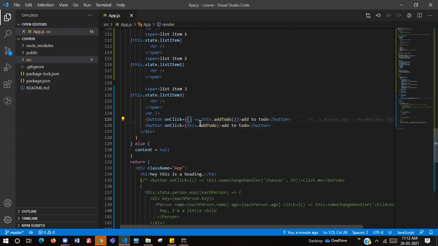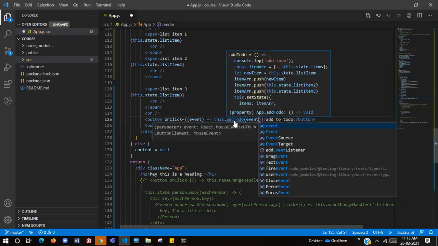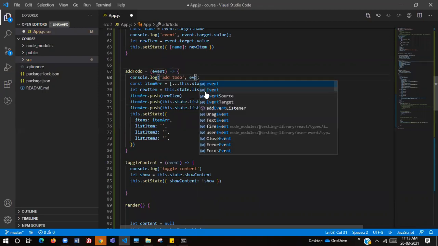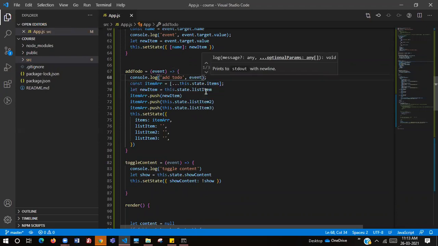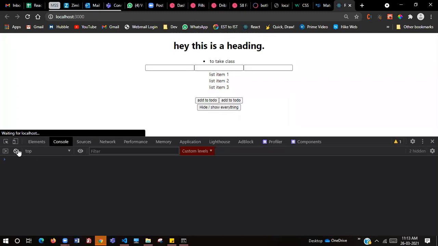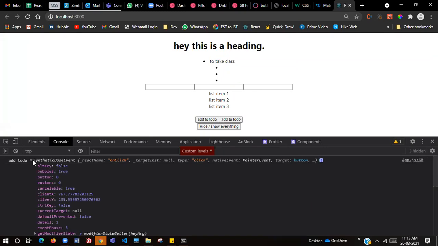If you want to pass parameters, event, now this add to do will be able to access event. See, add to do synthetic event.